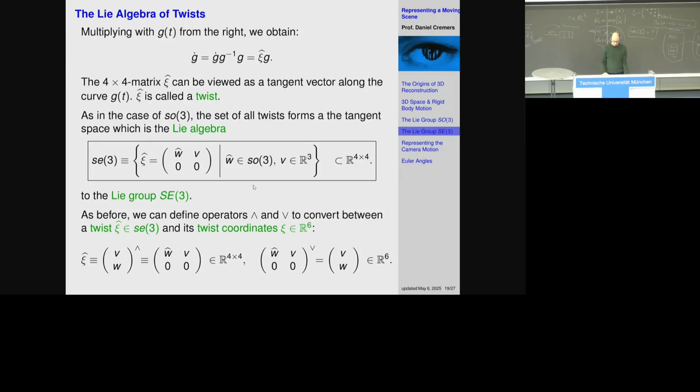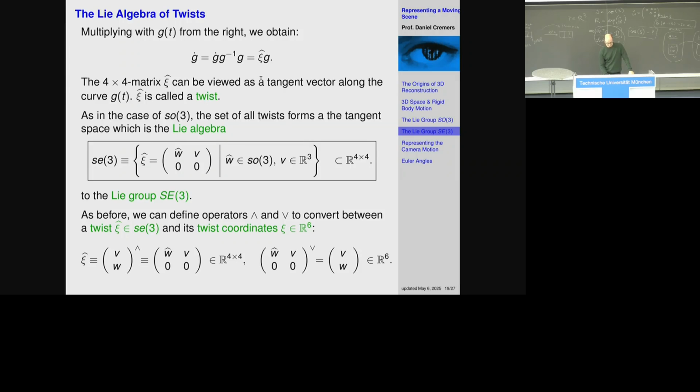And it is called the Lie algebra, little se3. So you can see it takes a few lines to do the derivation, and we get to this differential equation that relates the time derivative of g to the original g, and the relation is given by these twist